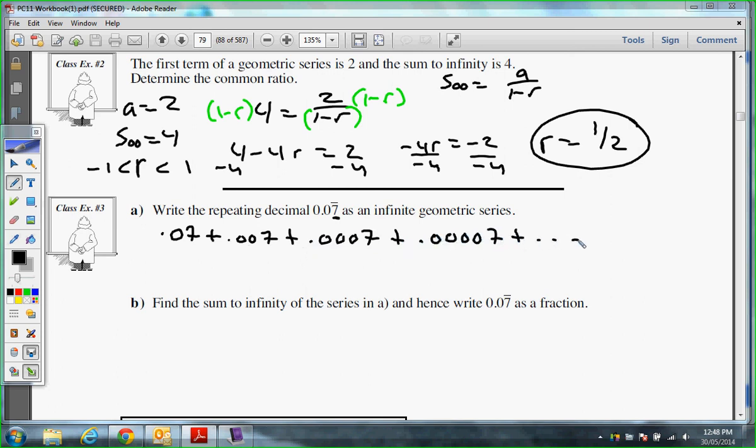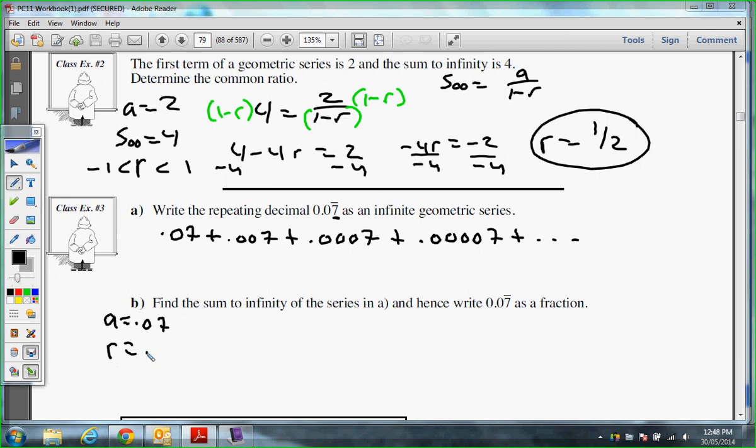Does that make sense? Because 0.07 plus 0.007 is 0.077. Add this one, 0.0777, it just keeps on going, right? So we're demonstrating that infinite geometric series. So what we can do is use our formula. A is 0.07, R is